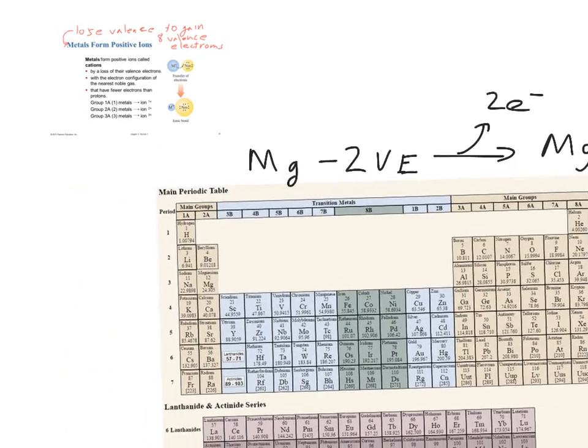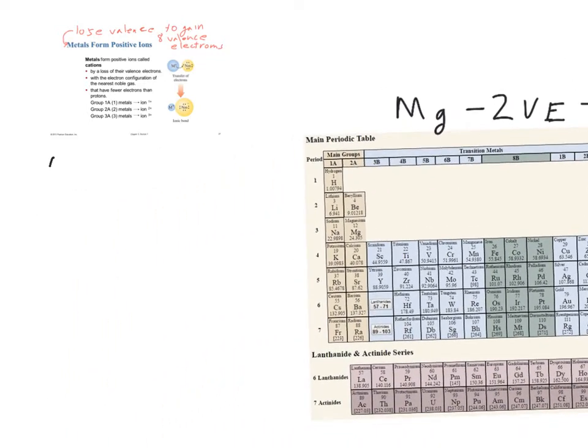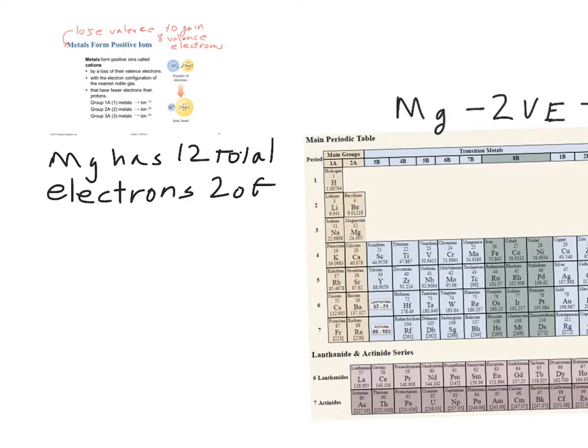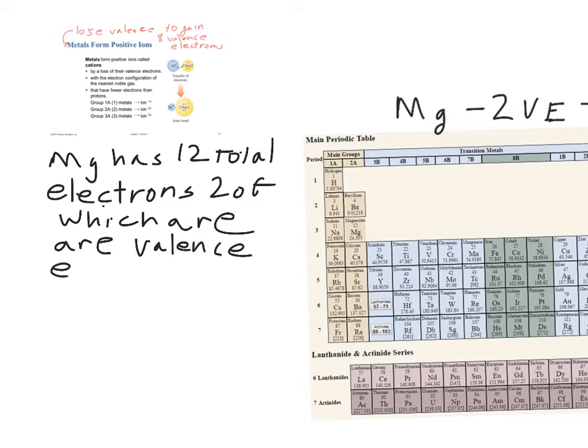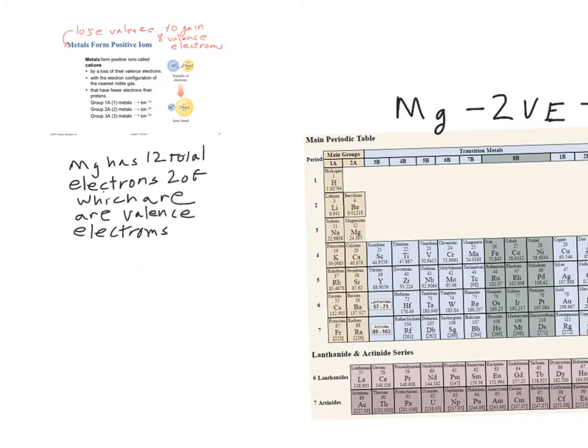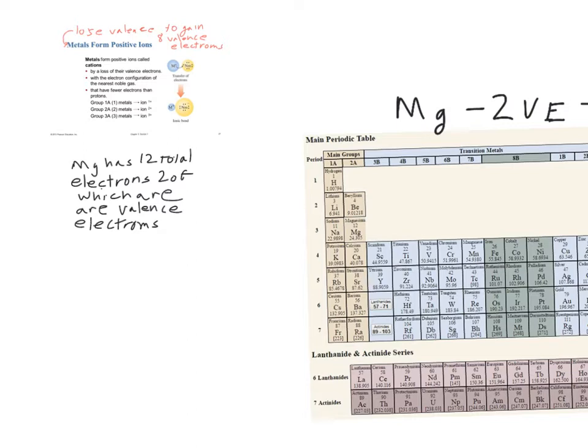So magnesium actually has 12 electrons total, two of which are valence electrons. Remember,